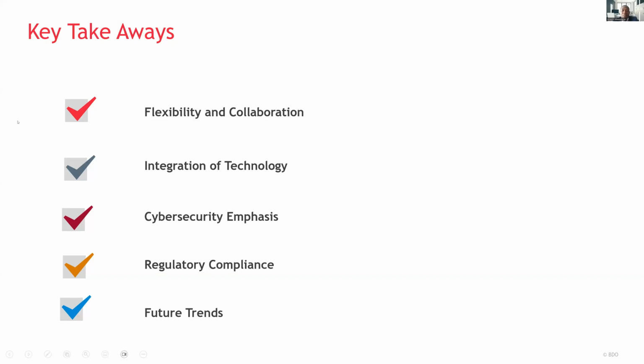The three lines model is expected to continue evolving. So we anticipate increased use of advanced technologies and a greater focus on managing non-financial risks, such as those risks that are related to environmental, social, and governance factors, the ESG factors. This evolution will likely lead to even more comprehensive risk management frameworks that are capable of addressing the changes of